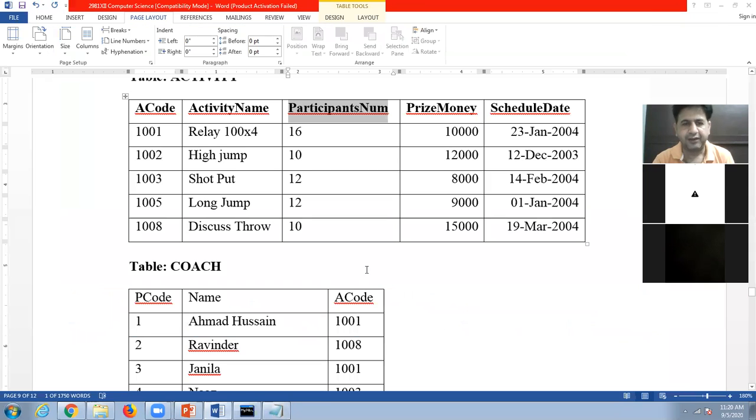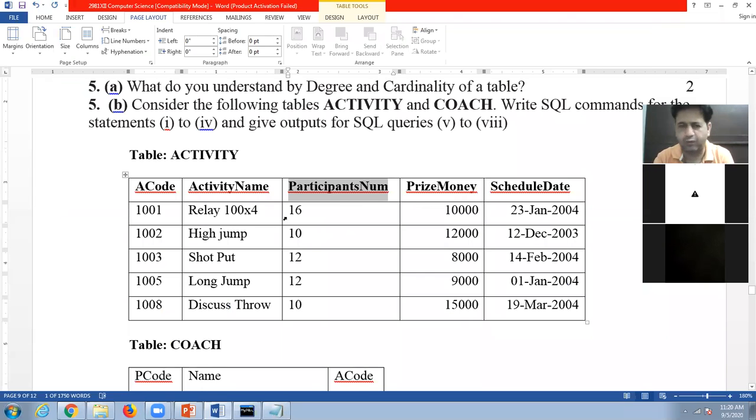The output will be 16, and for 16 there is only one row, so the answer will be only 10,000. Then for 10, the answer will be 12,000 plus 15,000, that is 27,000. Then for 12, the answer will be 8,000 plus 9,000, that is 17,000. So this is the GROUP BY command, when we divide our table on the basis of different small groups.